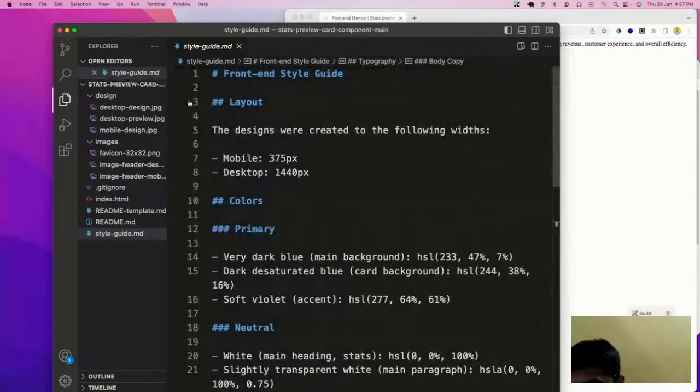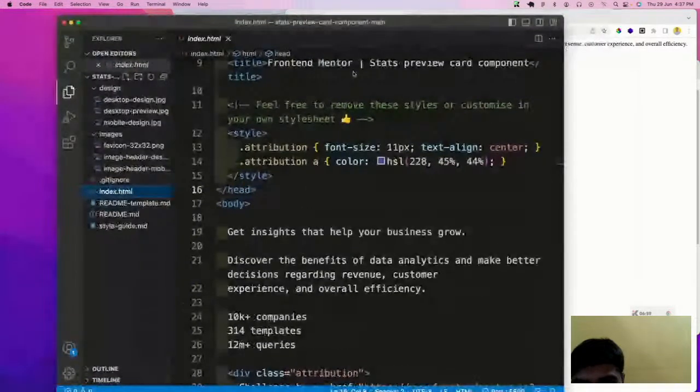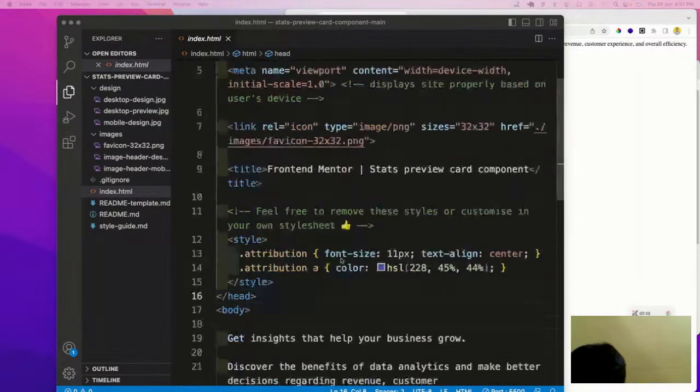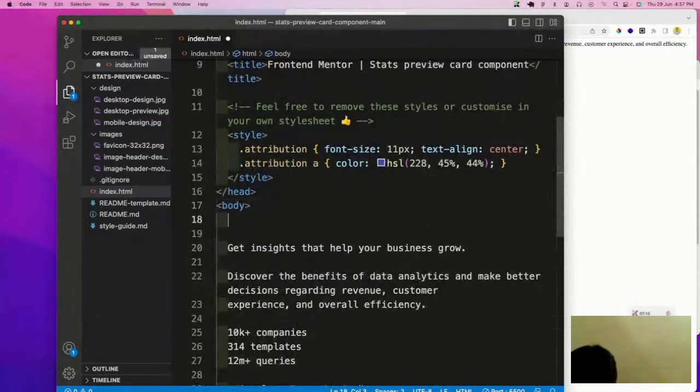Before going further, let us do one thing. Let us go to index.html and we will do the HTML part first. So what we will do, after the body we'll have a parent div,